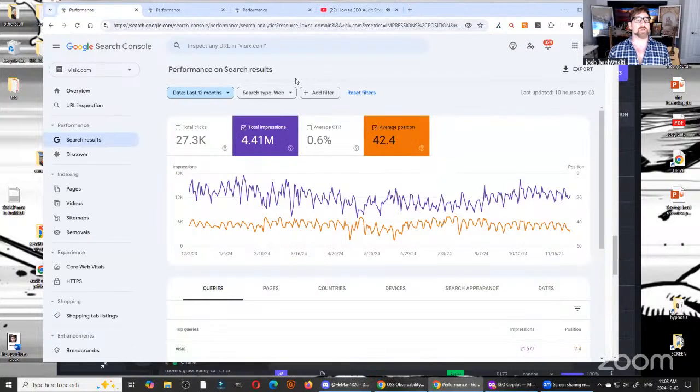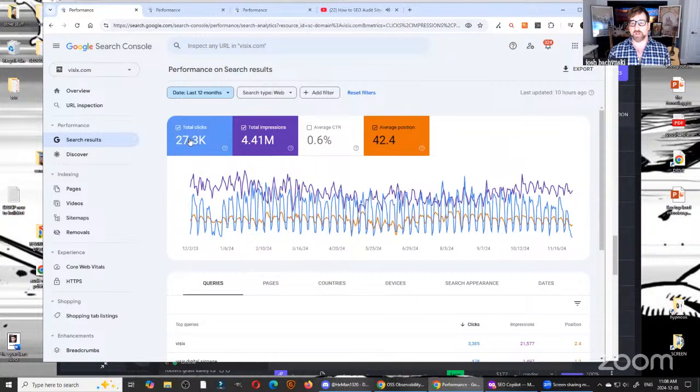Let me go here to this first one. The first thing you do is click on search results under performance. I would take it back to 12 months, and you want to look at the ranking report here. Here's the clicks, with the clicks on and the clicks off. You can turn the clicks off as well, but I like to keep this on because each one of these lines here, you can kind of read like a cardiologist. So the first free tool and tip I'm going to show you today is Search Console and how to read the search results, kind of like a cardiologist. A cardiologist is a doctor who works on the cardiac organ, aka the heart.